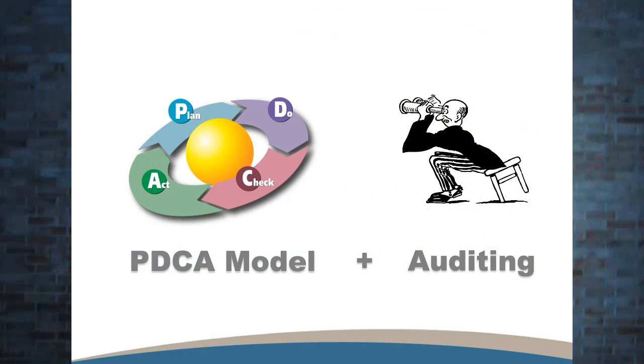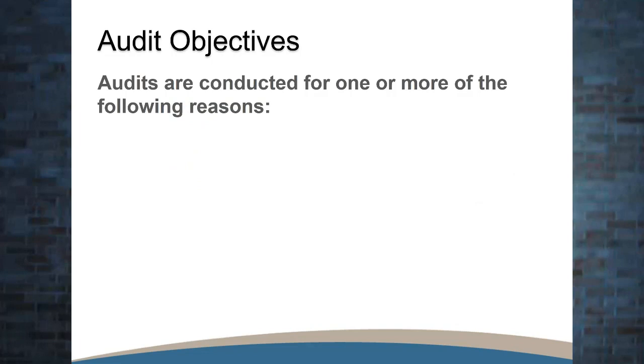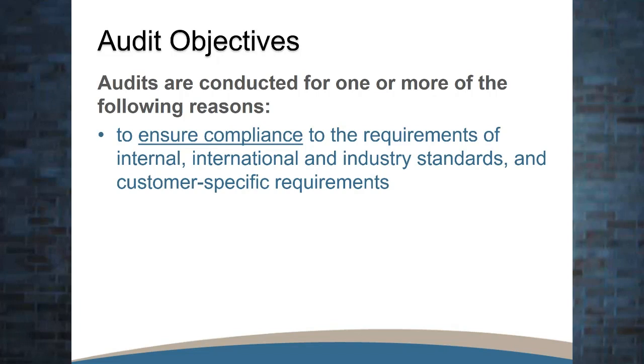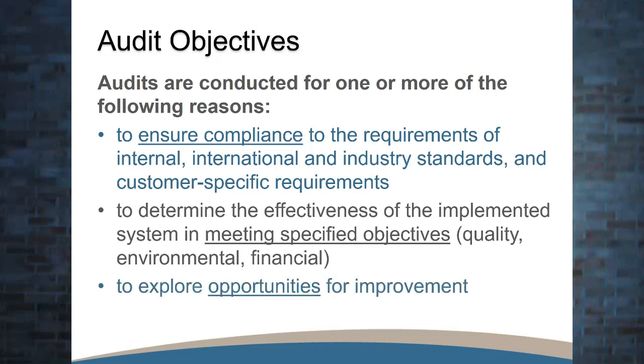So let's look at the PDCA model, which is Plan, Do, Check, Act, and how it connects to auditing, the process of auditing. Audit objectives. Audits are conducted for one or more of the following reasons: to ensure compliance to the requirements of internal, international, and industry standards and customer-specific requirements, to determine the effectiveness of the implemented system in meeting specified objectives, be it quality, environmental, financial, etc., to explore opportunities for improvement,